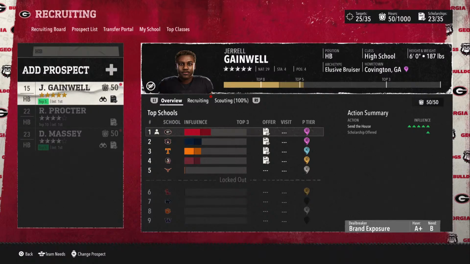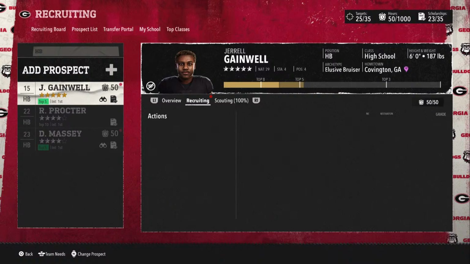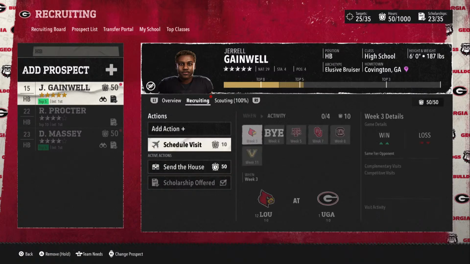But for the most part, you have a higher rate of getting that recruit if he comes to your school first. It really depends on who you're playing too, though, and that's what we're about to get to. As you can see, I go to recruiting. I want to schedule a visit because he's in Georgia. It's only 10 hours. That's good. When I click on it,